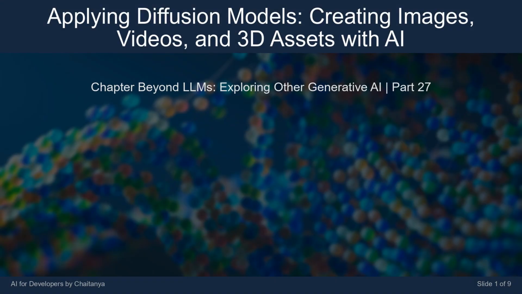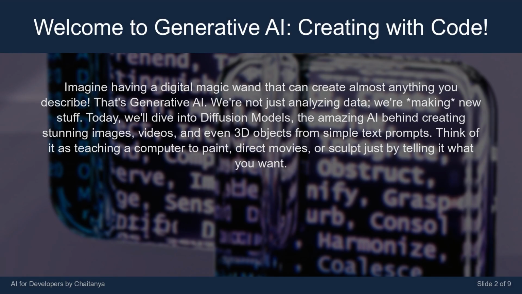I'm Chaitanya talking bot. Today's lesson is titled Applying Diffusion Models, Creating Images, Videos, and 3D Assets with AI. Imagine having a digital magic wand that can create almost anything you describe. That's generative AI. We're not just analyzing data, we're making new stuff. Today, we'll dive into diffusion models, the amazing AI behind creating stunning images, videos, and even 3D objects from simple text prompts. Think of it as teaching a computer to paint, direct movies, or sculpt just by telling it what